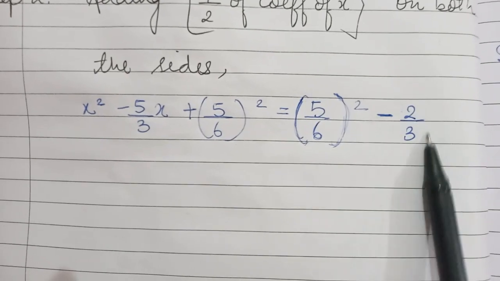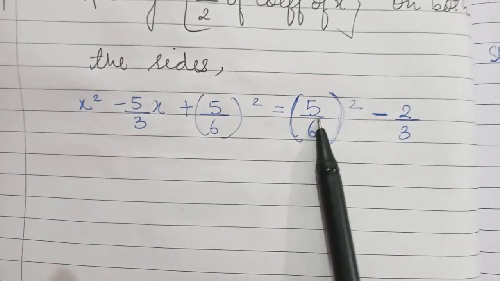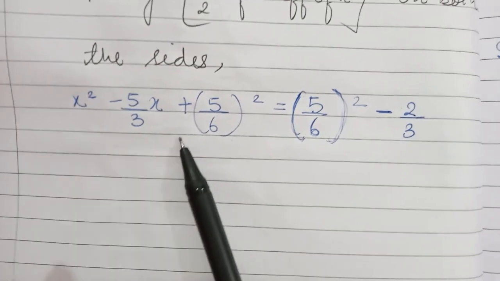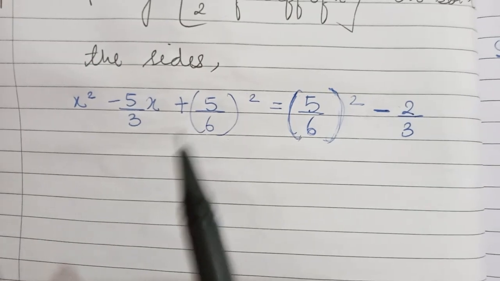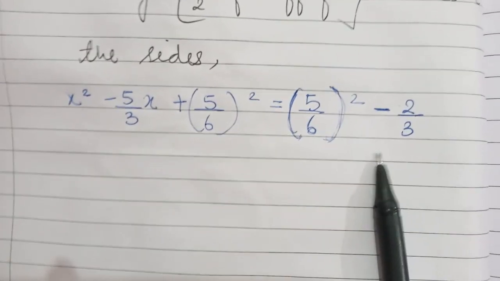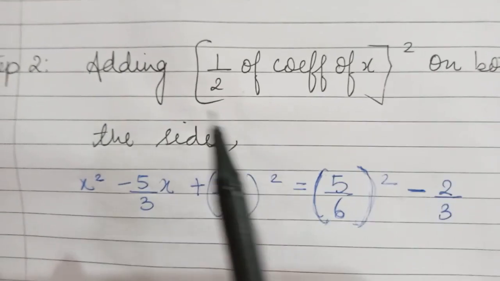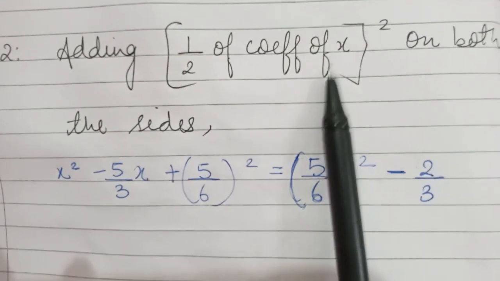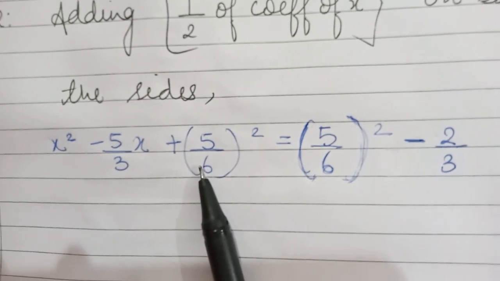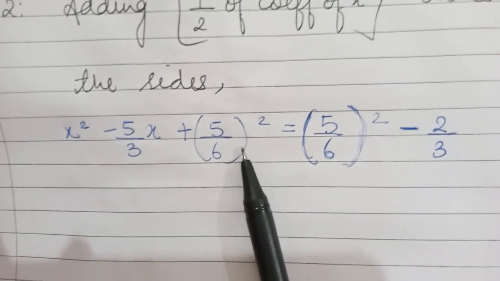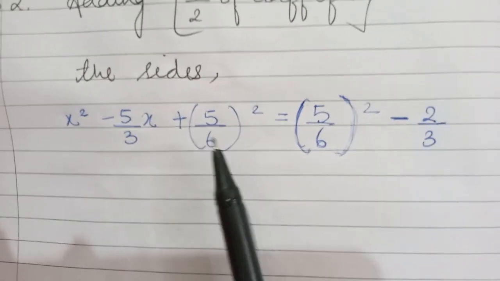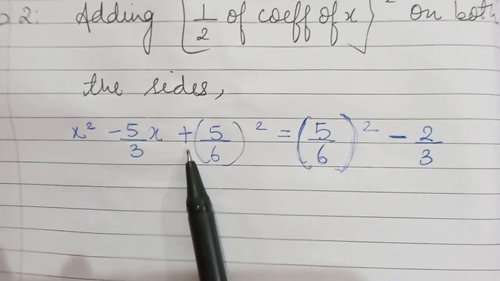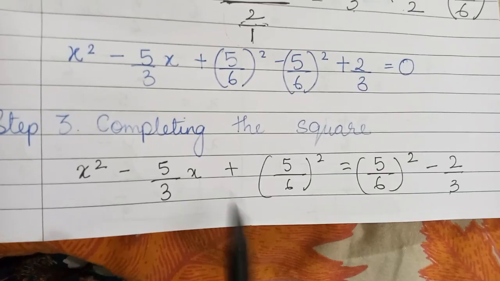See, over here 2 upon 3 was on LHS, before half of the coefficient of x, this term was over here. So what I will do is directly transpose the constant of the original equation to RHS. Then when I have to do step number 2, I will directly add half of the coefficient of x on both the sides. Okay, so this step is also correct, and it is much easier than the previous step, which was the original step. We are going to add half of the coefficient of x on both the sides. See, this equation is equal to the equation we got. So it is one and the same thing.